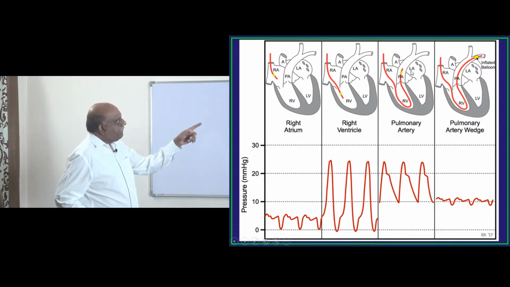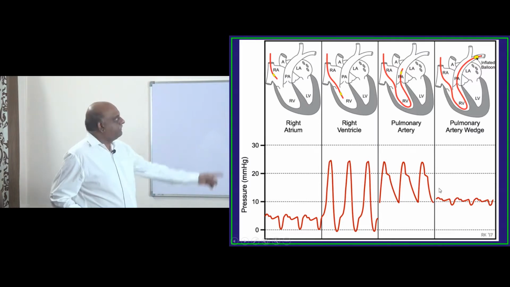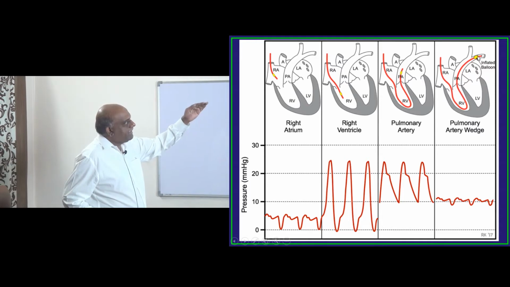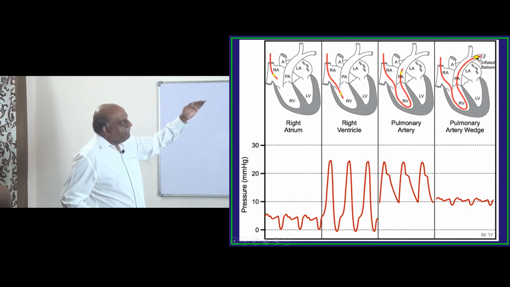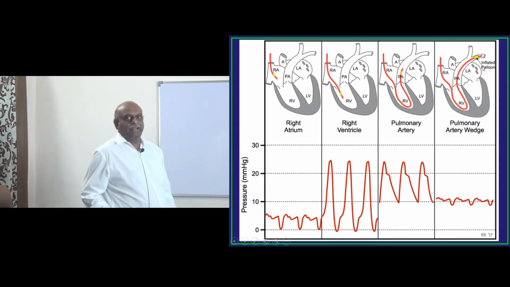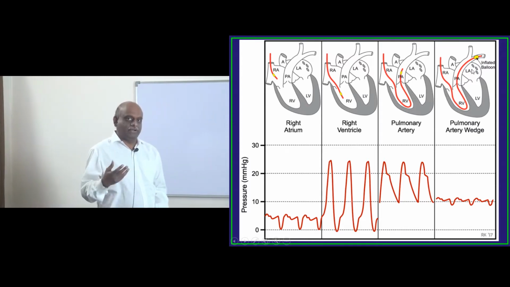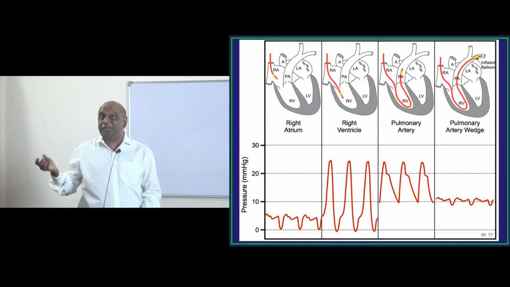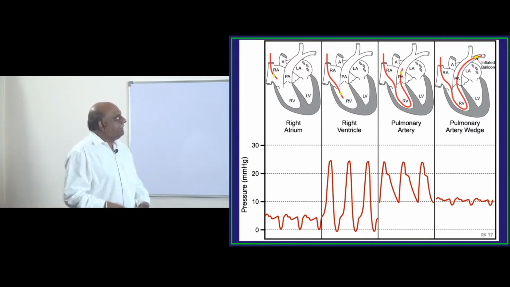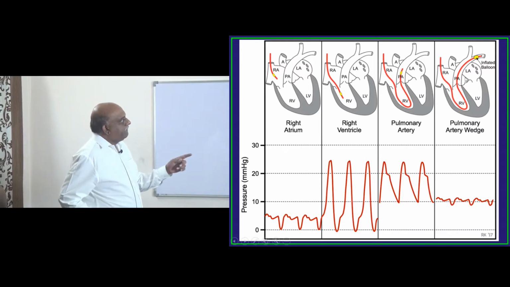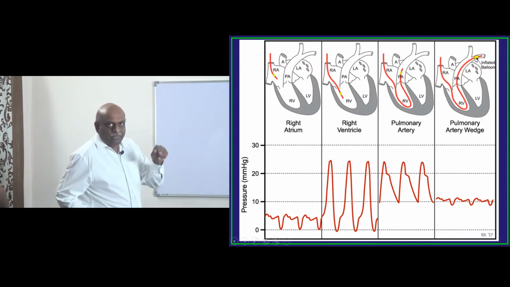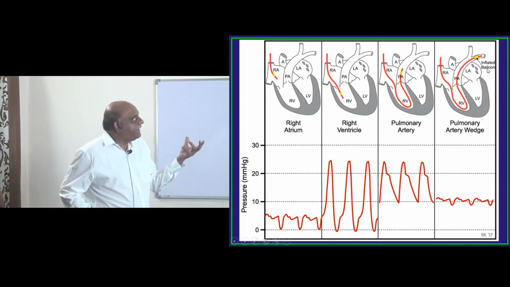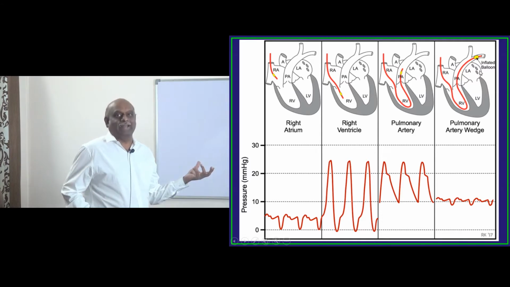Then you will be entering the pulmonary artery from the right ventricle, and ultimately you will keep passing and reach the point where the pulmonary artery ends. It ends in pulmonary capillaries. The pulmonary capillaries ultimately become the pulmonary vein, which drains into the left atrium. So you pass the catheter through the pulmonary artery until it reaches the pulmonary capillaries and stop there. The pressure at the pulmonary capillaries is an indirect reflection of the pressure in the left atrium, is what